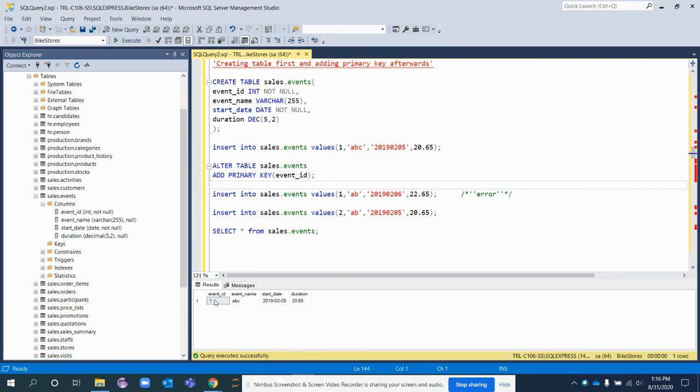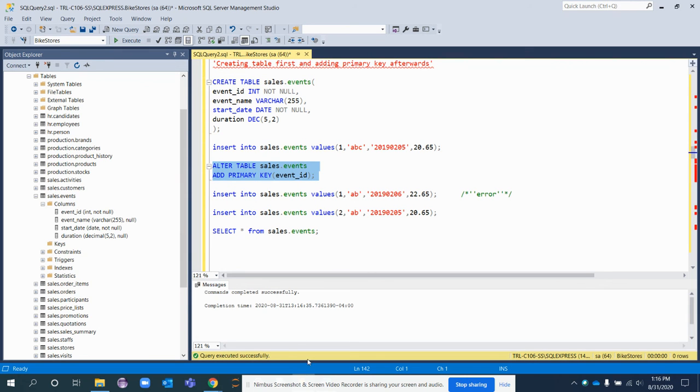Here what I want to do is make this event ID a primary key. How to do that? You can use ALTER TABLE table name, ADD PRIMARY KEY, and then mention which column you want to declare as the primary key. So this will make your event ID a primary key.